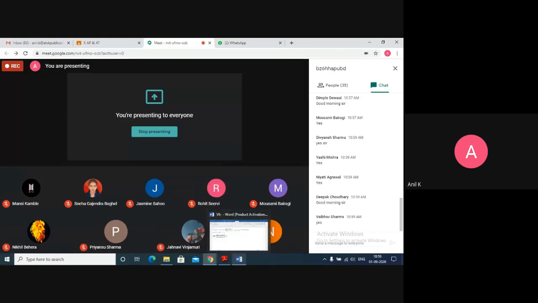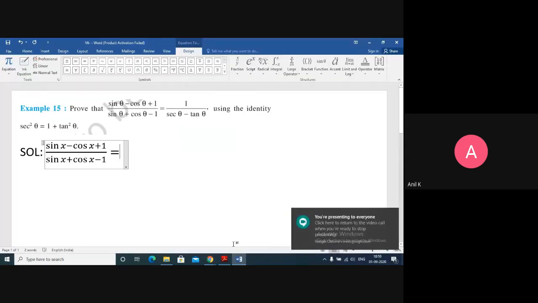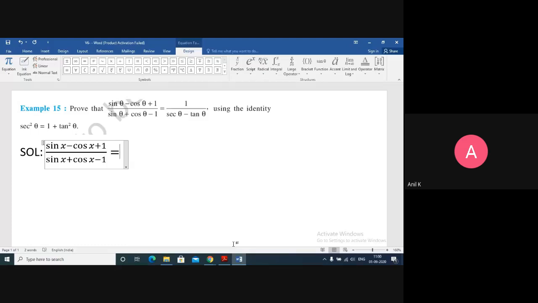Okay, good morning once again. So, continue our topic trigonometric identities. I think yesterday I left one example. Please understand this example because in the exercise also we have, I think, one or two questions which will be the same